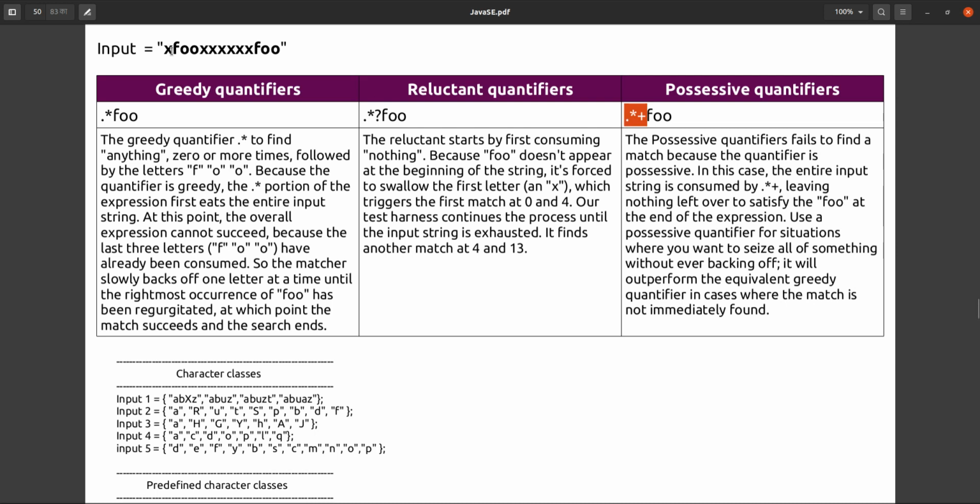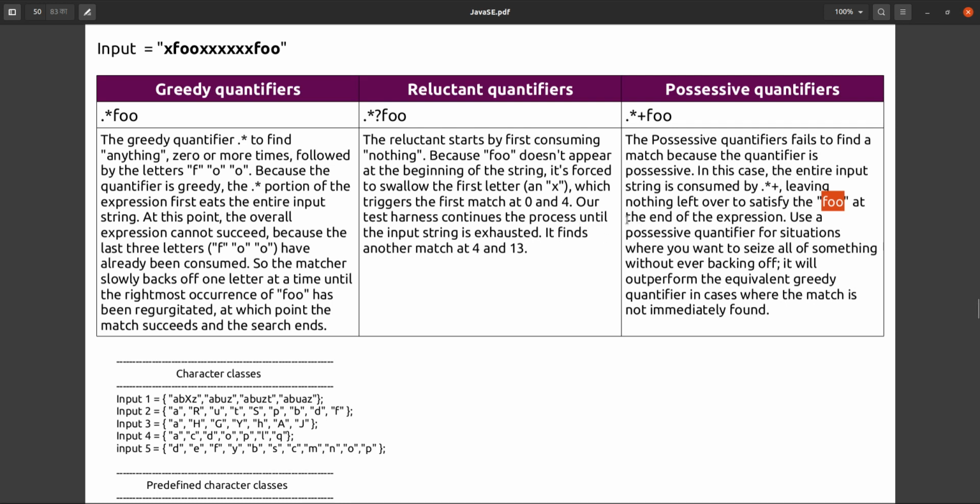Next foo is coming, but plus means foo should come at least one time. Here I am telling it should end with foo only, but that is not possible here, so that's why it is not passing. So the entire input string is consumed by dot star plus, leaving nothing left over to satisfy the foo. The entire string it will consume.